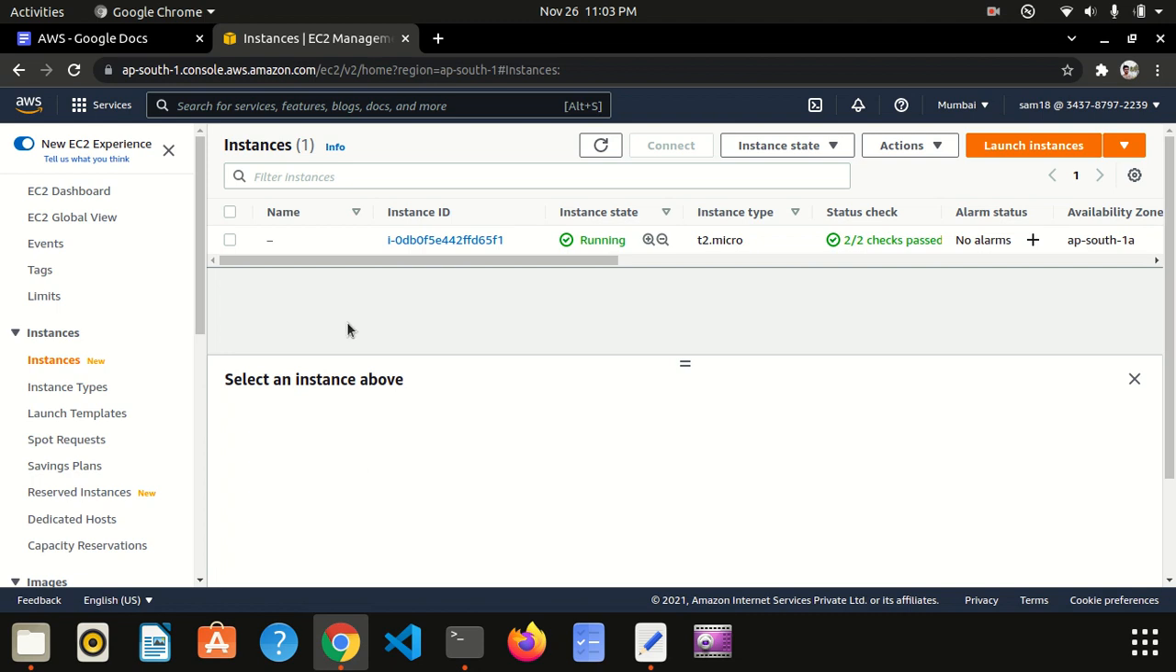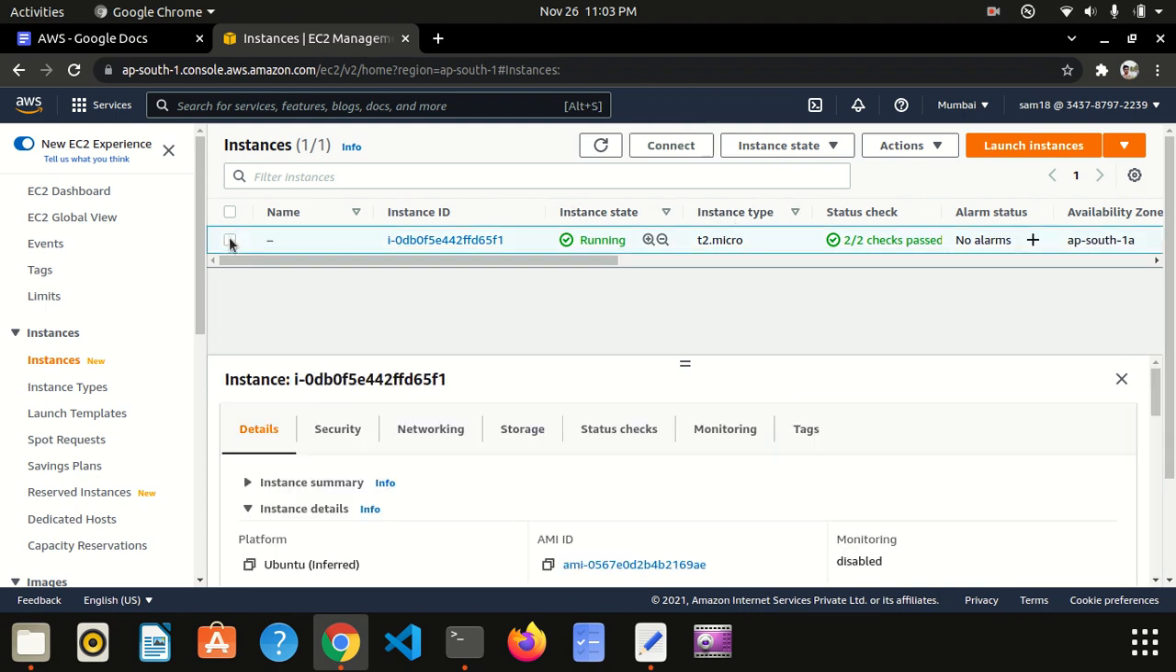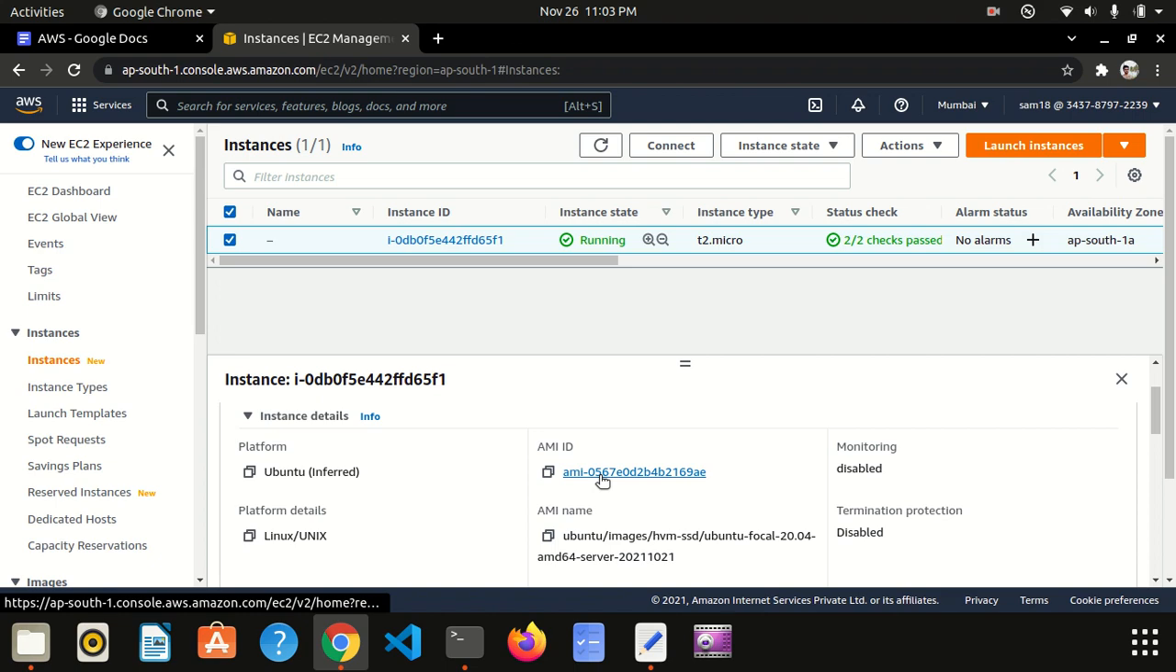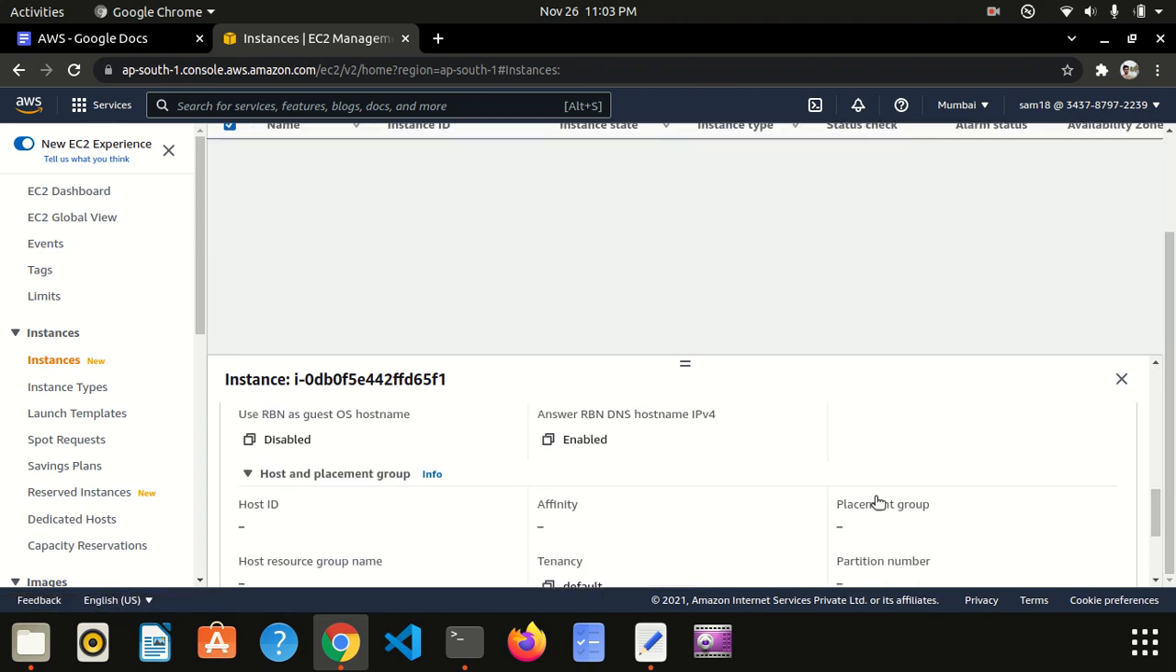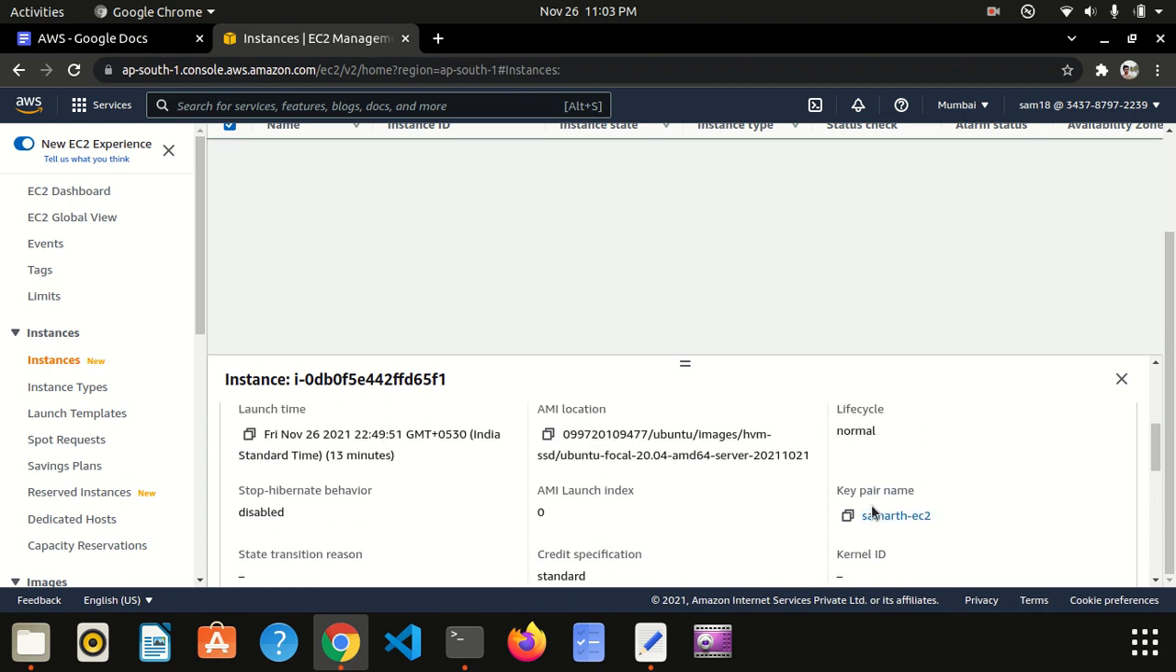So first of all, I have already created an instance. I've already shown how to create an EC2 instance, so there is nothing new in this. If you select it, you can see the details here. I have used the Samarth EC2 key only,